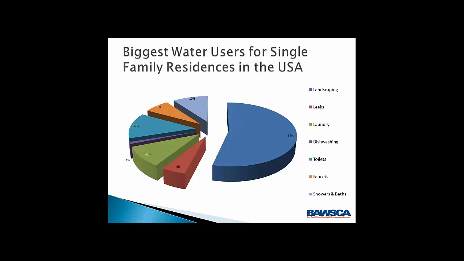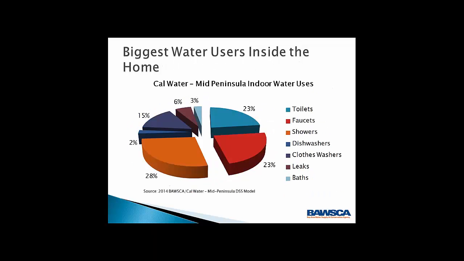was a good guess if you're looking at indoor use only. You find that within this community, showers are the single biggest indoor water user. Right up there, almost on par with toilets and faucets. Those three take the cake for the indoors, as this graph shows. Interestingly, for a long time, when you would look at the biggest water users inside the home, the answer was unquestionably toilets.